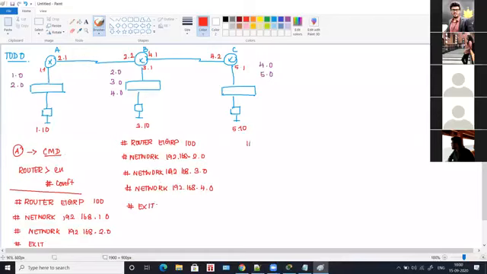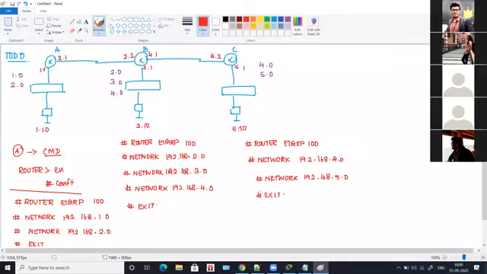And for router C, again you will go to configure terminal mode, you'll type router EIGRP and you will type the same autonomous number 100, and you have to type network 192.168.4.0, and in the next line, this network 192.168.5.0, and click on exit. Enter, exit. That's it. So now you have configured EIGRP for all the three routers.